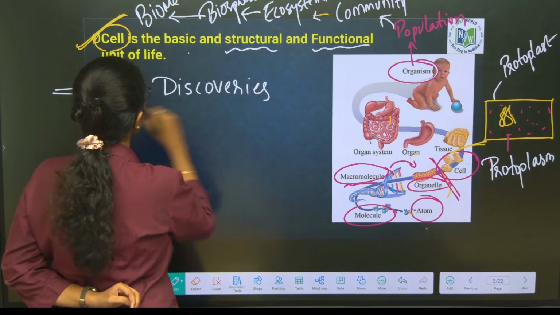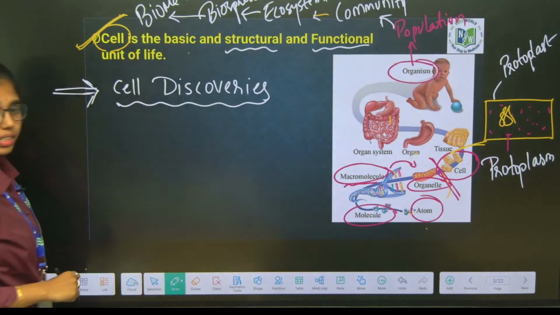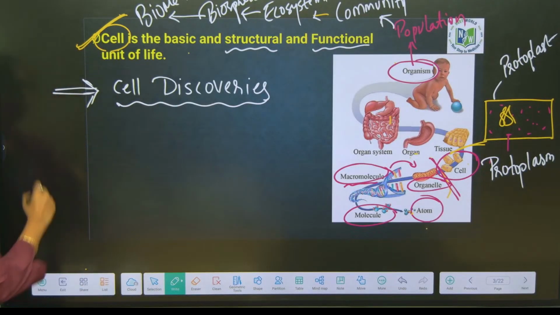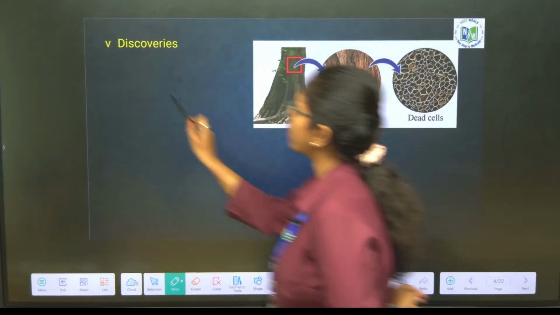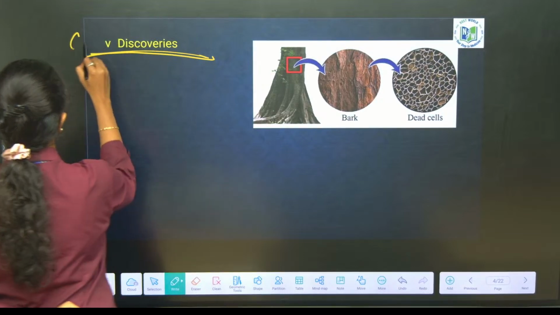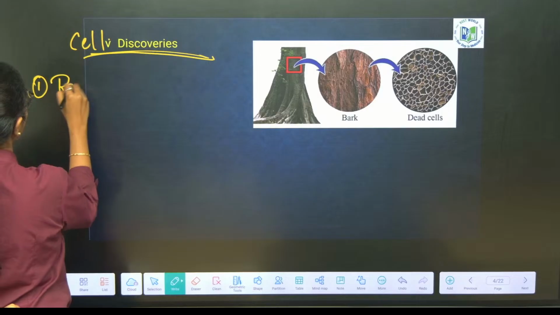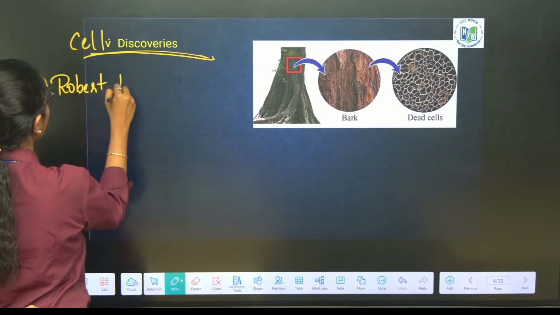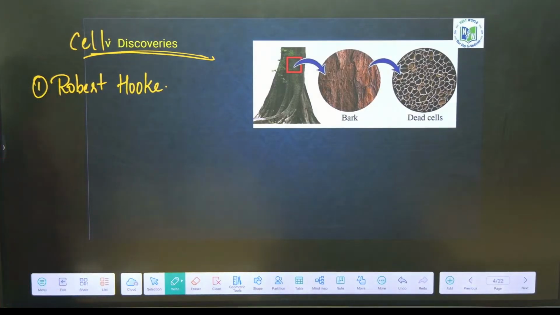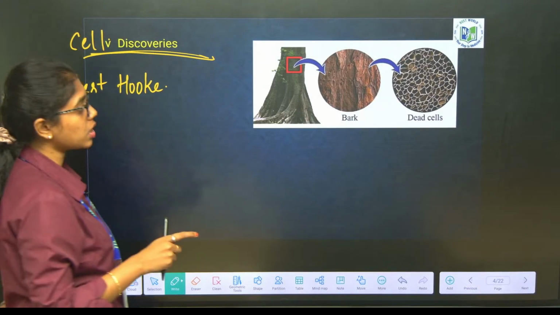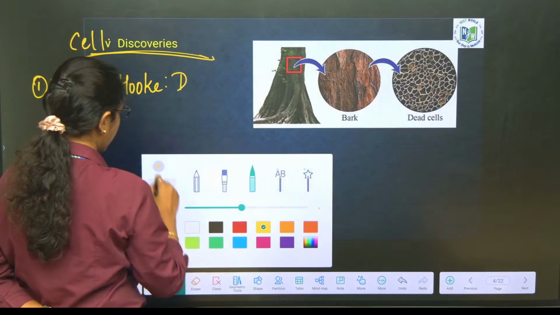So if you have to look into cell discoveries, the first basic cell discovery is done by whom? Robert Hooke. He has identified or discovered the dead cells from the cork cells of Quercus suber. Okay, he has discovered the dead cells